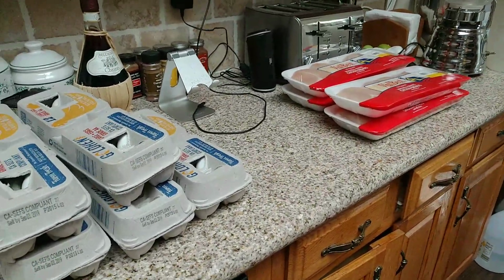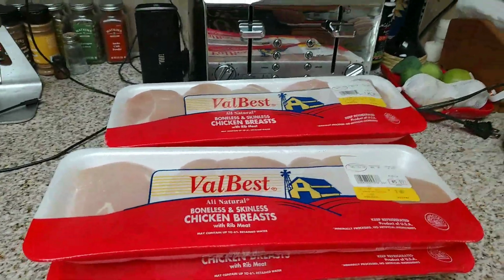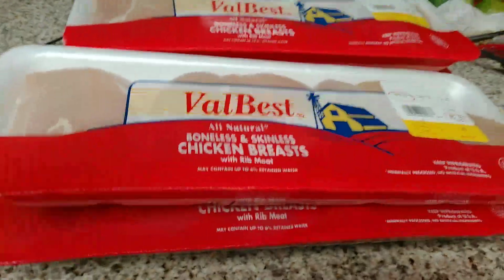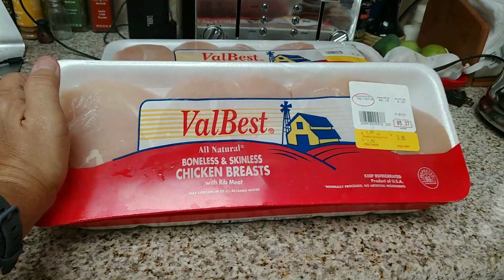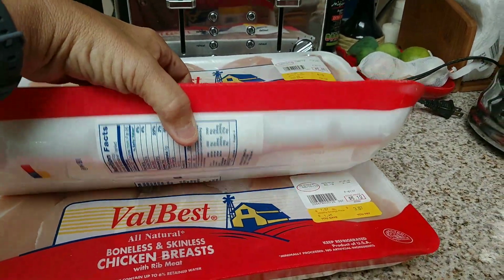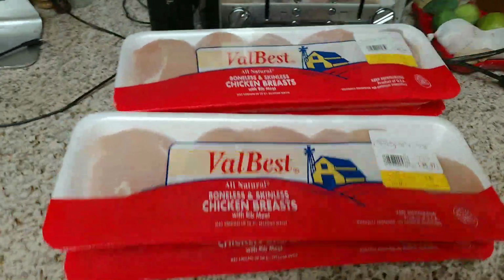Tomorrow the new ads come out, and last week's ad were pretty good. Chicken is on sale. I believe it'll be on sale again this week, maybe not for this price. This was $1.57 a pound, and I got this at Smart and Final. This is boneless, skinless chicken breast, and I got, oh gosh, I don't even know how much I got. Let's see, 2, 4, 6, 7, 8, about 12 pounds of chicken right there,